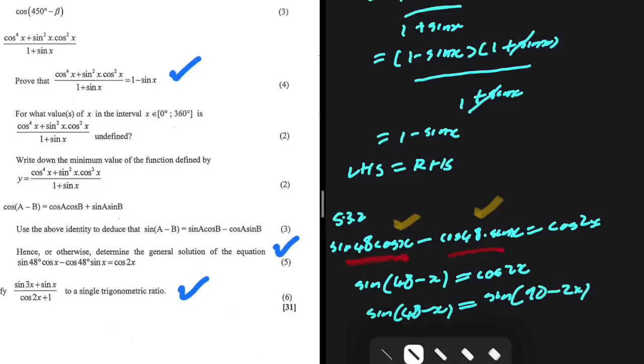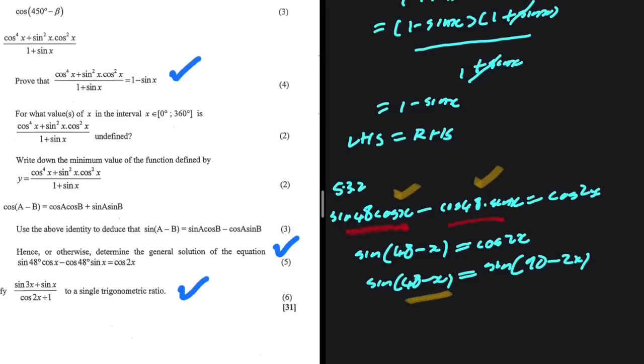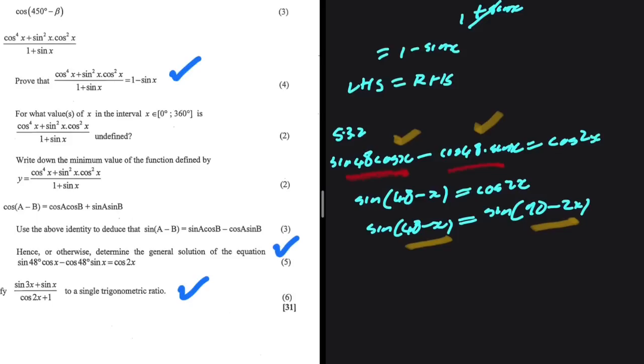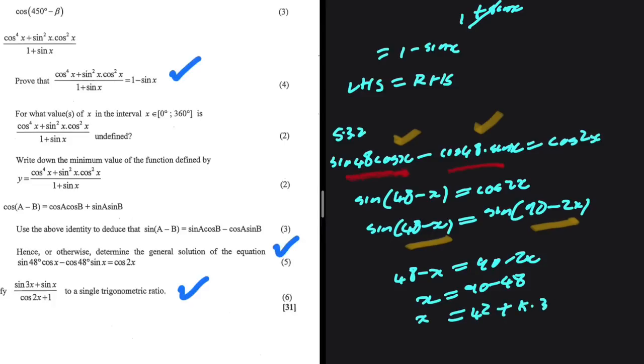So if sine of 48 minus x is equal to sine of 90 minus 2x, then 48 minus x shall be equal to 90 minus 2x. So we're going to have 48 minus x being equal to 90 minus 2x. If we take minus 2x to the left-hand side, we're going to have x. 90 minus 48 is 42. So x is equal to 42 plus k